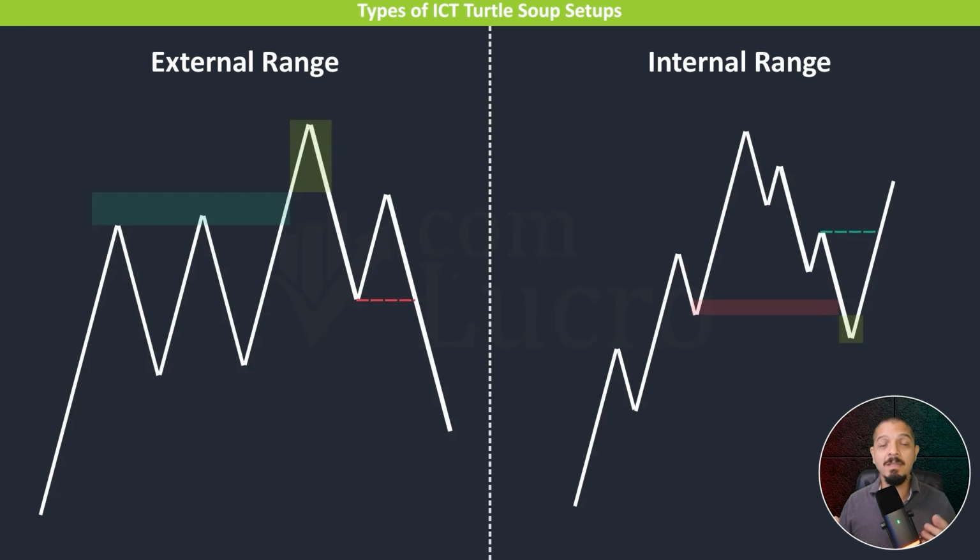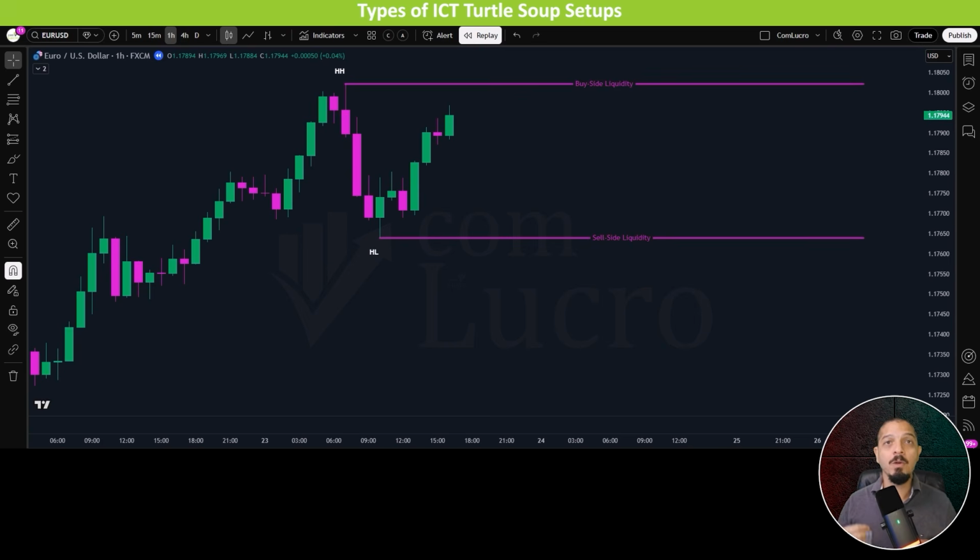This type is commonly seen near range extremes and major highs or lows. This is the type of example we will demonstrate next on the chart. On a bullish external range Turtle Soup scenario, the context is defined by a trending market that temporarily fails at